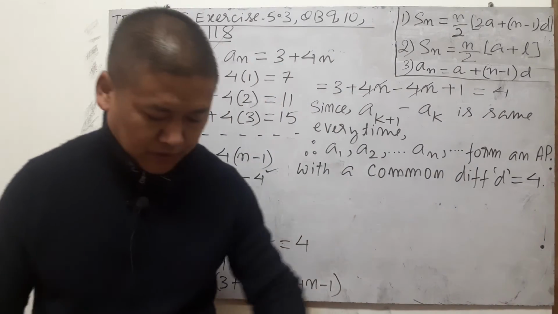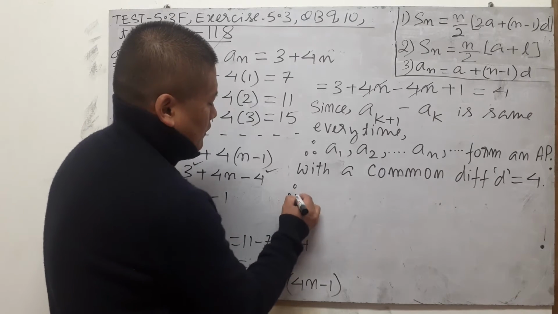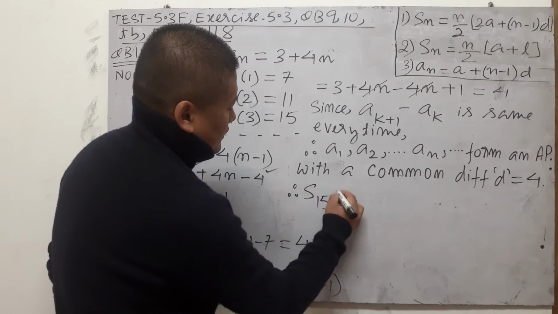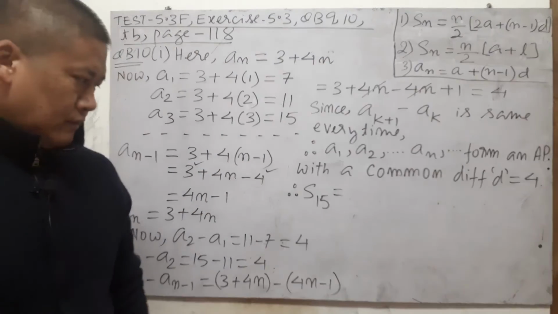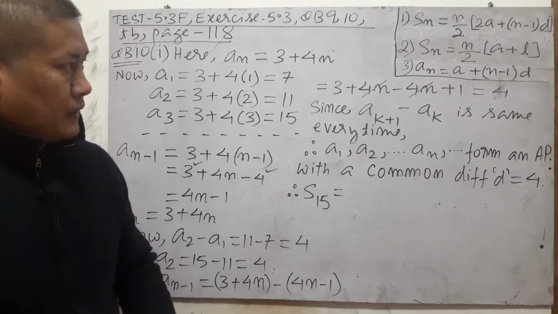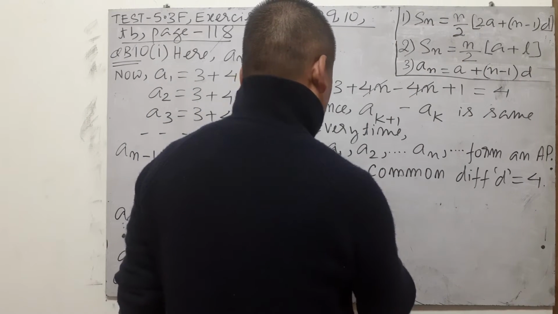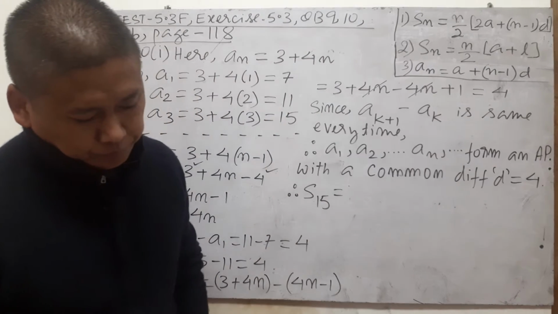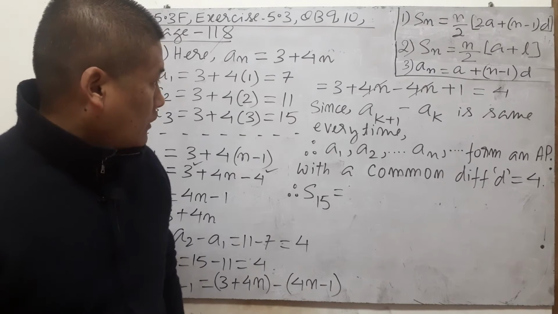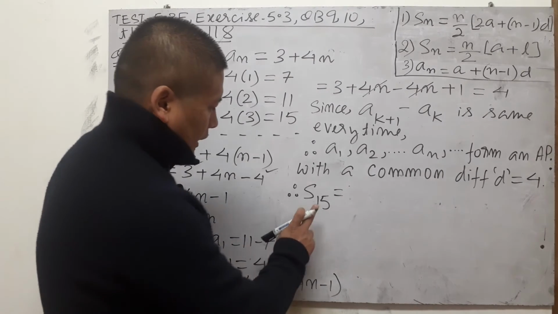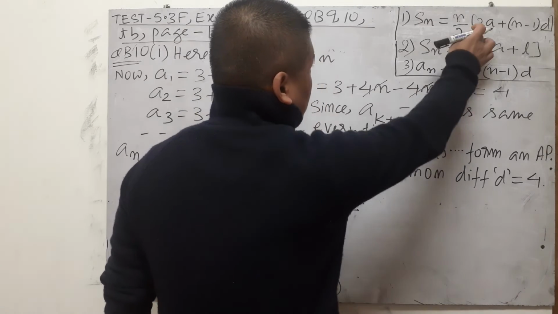Now we have to do something else. Also find the sum of the first 15 terms. Therefore, the sum of the first 15 terms means S15. So following that, S15 is, you can now put this one, n by 2. So the number of terms n is therefore 15, so 15 by 2, n by 2 into